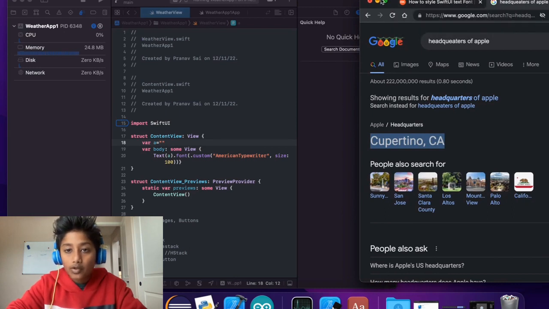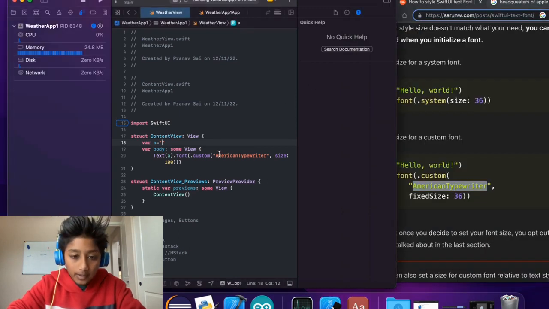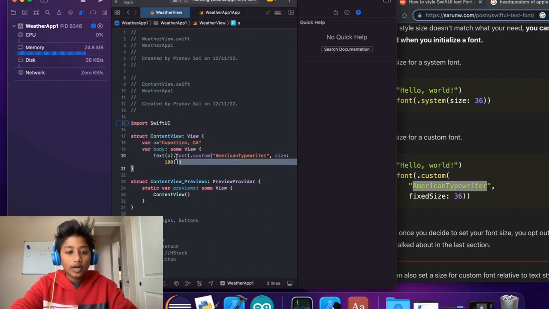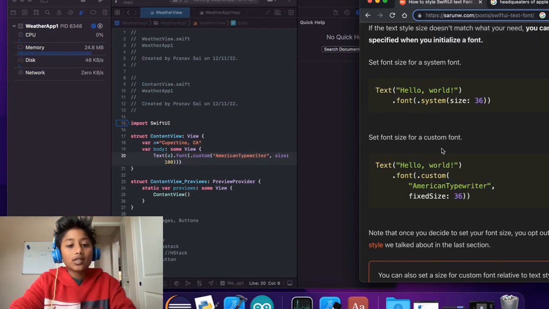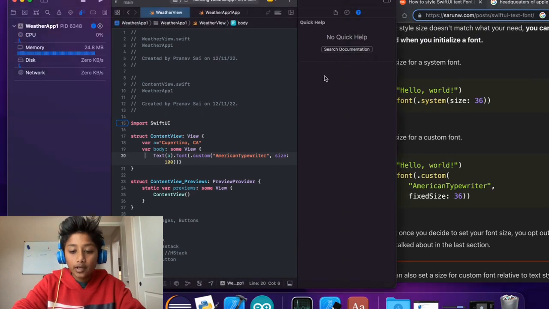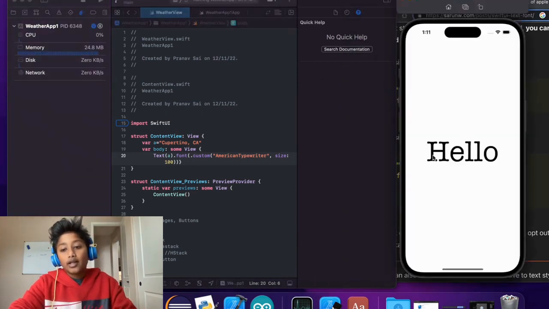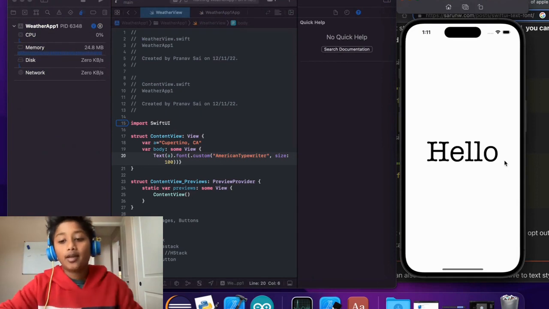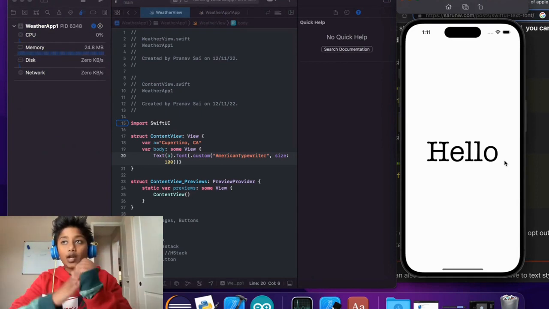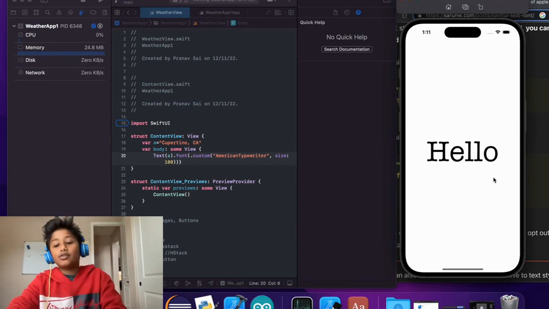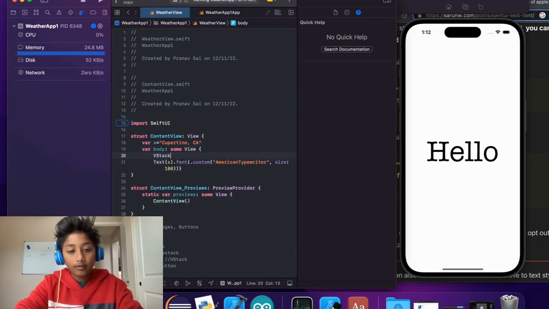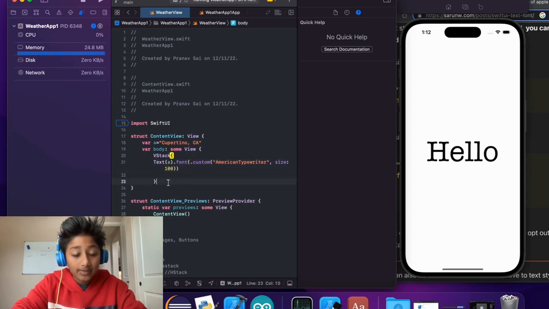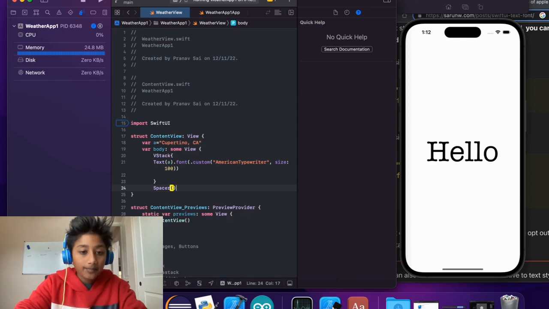Okay. So now we can just put this in here, and then we can actually try to move this a little bit up. So how are we going to move it up? There are things called spacers, and what these are going to do is, for example, if we pull up our simulator, it has all the space in this entire page, right? But what the spacer is doing is it's taking up all the space that this text doesn't have to use, and we can actually add a VStack, so we can start talking about our VStacks, and with these VStacks we can actually add a spacer. So now we can just say spacer, and now if we run this,